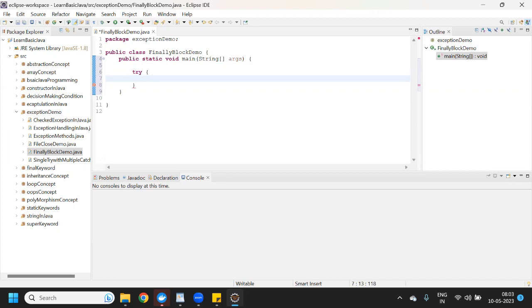Under the try block we put the risky code. I will take three variables: A is equal to 100, B is equal to 2, and one more variable, C. Now I will divide two numbers: C is equal to A divided by B. And then we'll print the value of C.